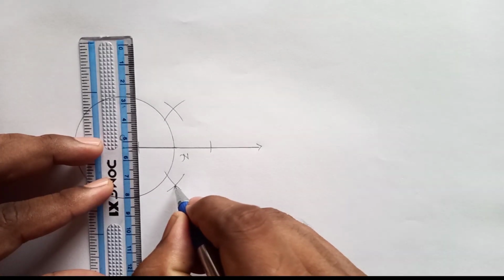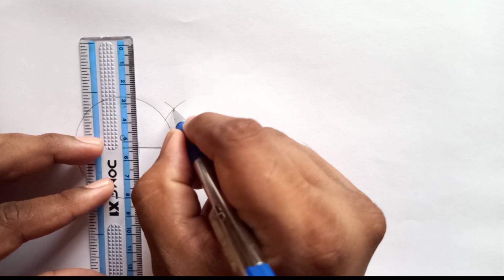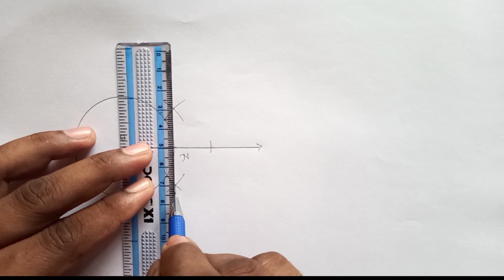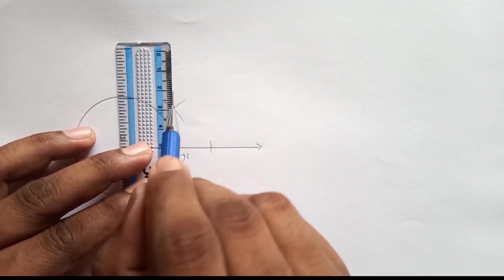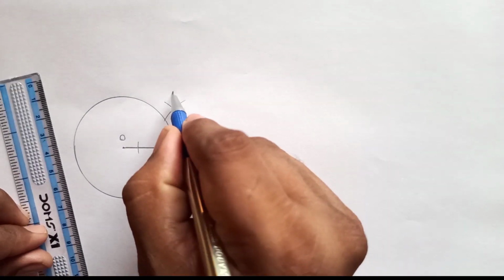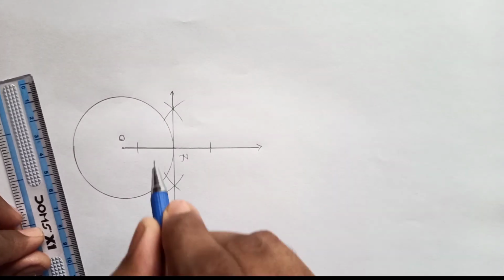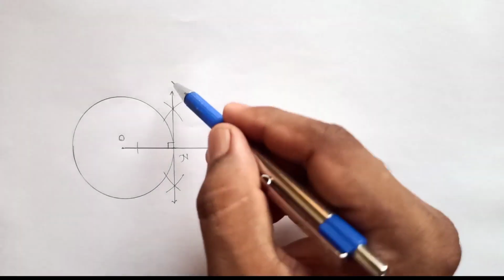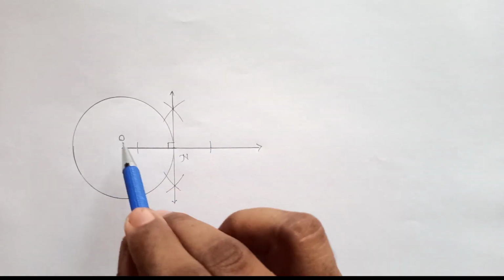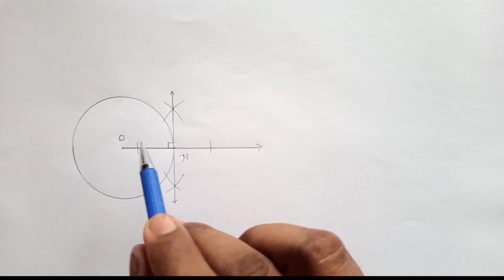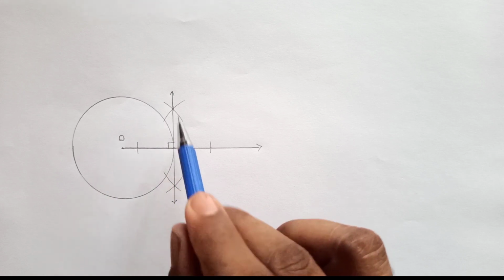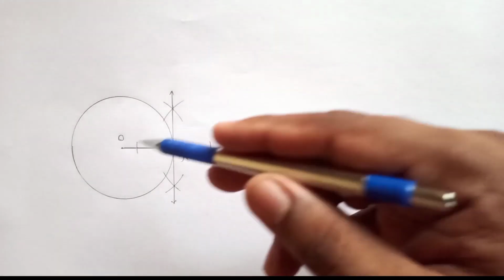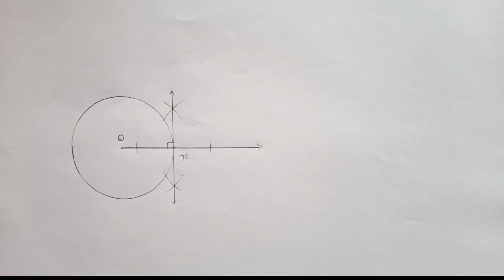So this is the point of intersection. First of all we will mark here, now here also. Okay, and let's join these 2 points of intersection. Okay, look at this. So this is the tangent of a circle, and this is the perpendicular here. Okay, tangent of a circle by using the center of a circle from the point on the circle. Look at this point N on the circle. In this way easily you can construct a tangent to a circle of question number 2.